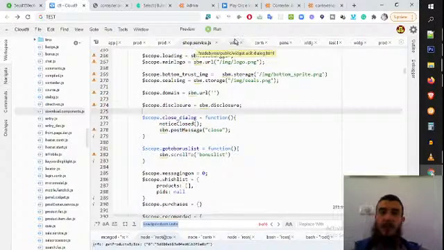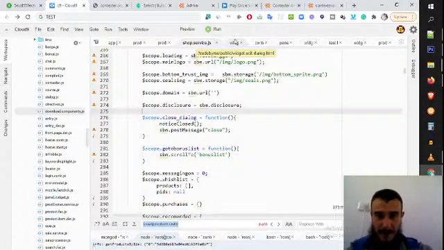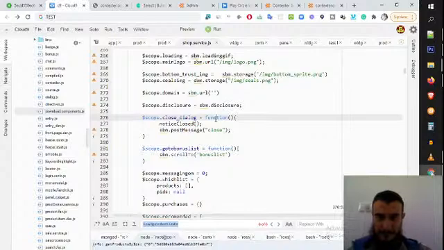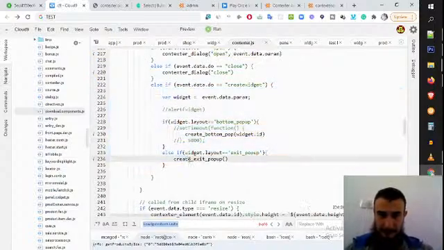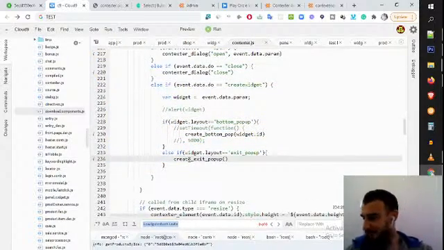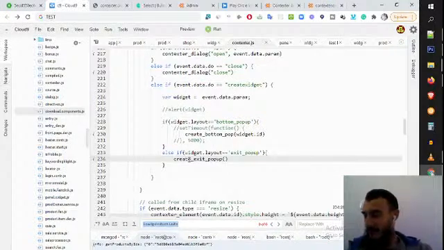I'm still getting used to doing it live, but anyway. It's very tasty and very healthy, by the way, for programmers. And not only for programmers, but